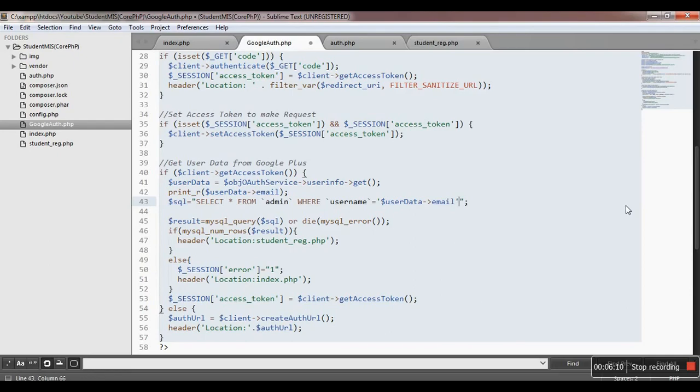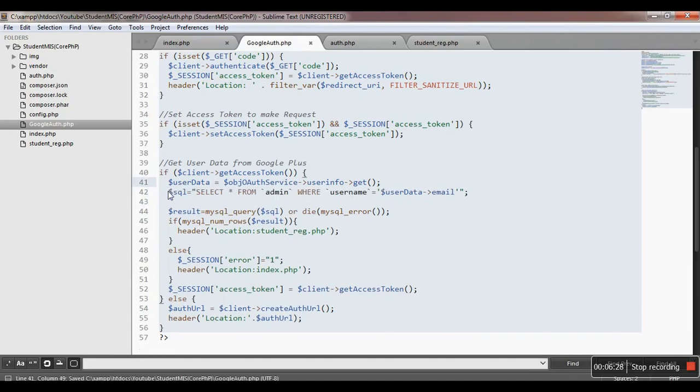If the user exists in our database, he has already been authenticated by Google, so we won't be having their password anyway. Now we just need to check whether this user exists in our database or not. Just remove this one, we don't need this. The rest of the query I think is okay, and there's nothing to change in this one.